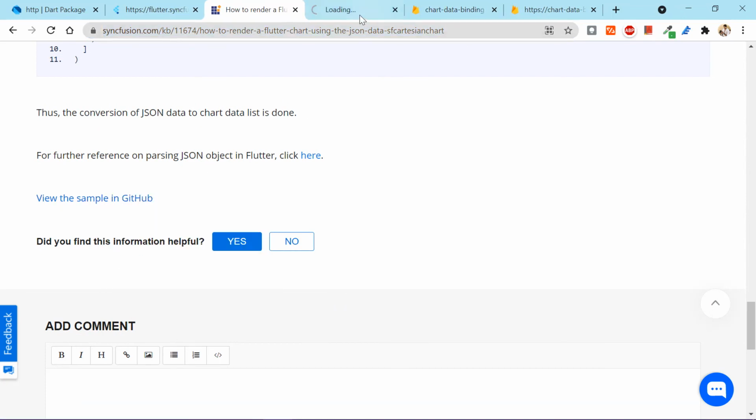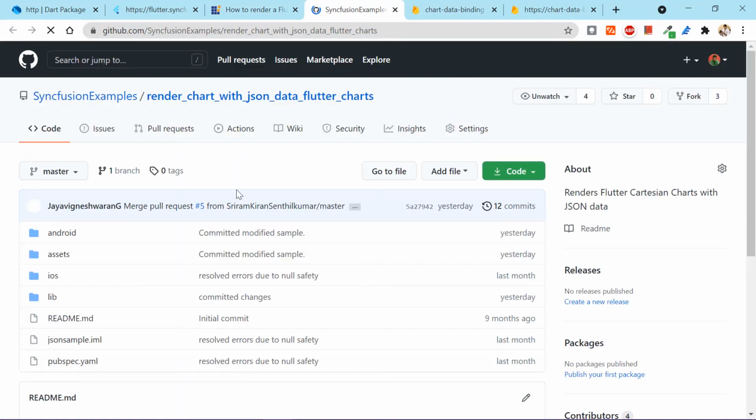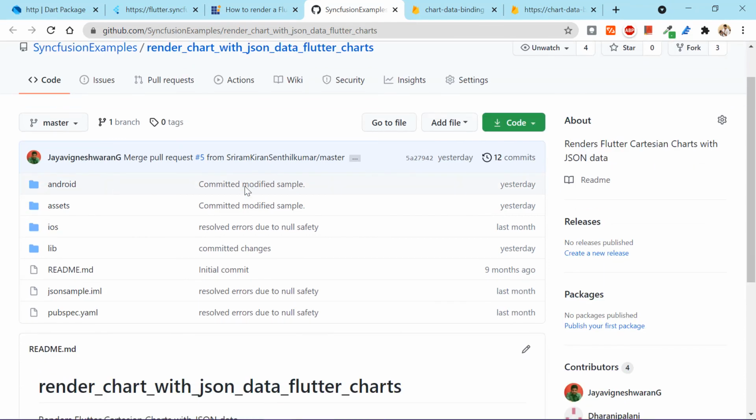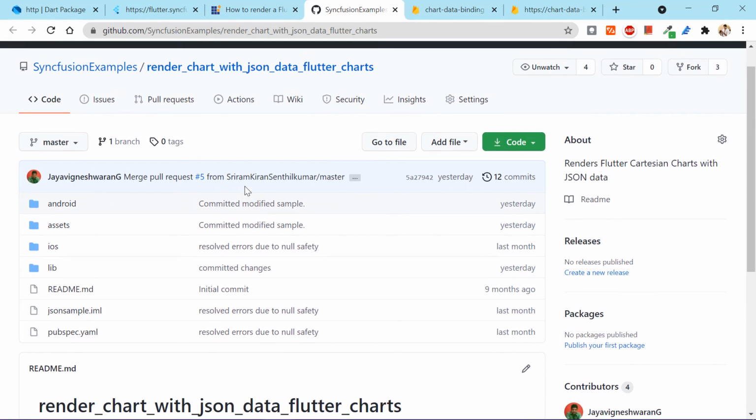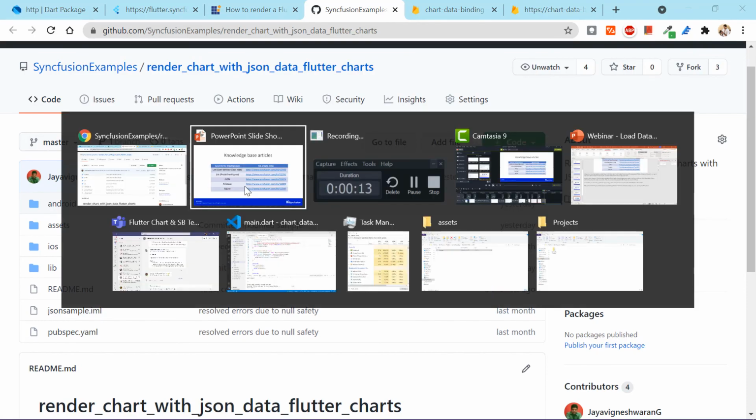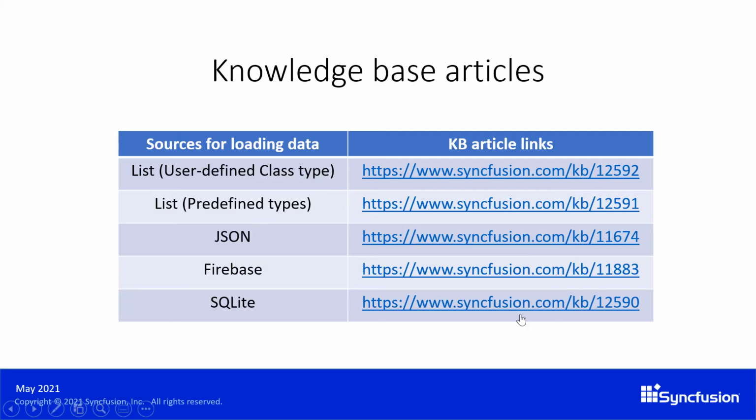Also, it has a working example which you can view in GitHub. In addition, we have also published a knowledge base article for how to bind data from SQLite to the charts. Also, we are planning to publish articles on binding data from other sources like MySQL, etc. You can expect them soon.